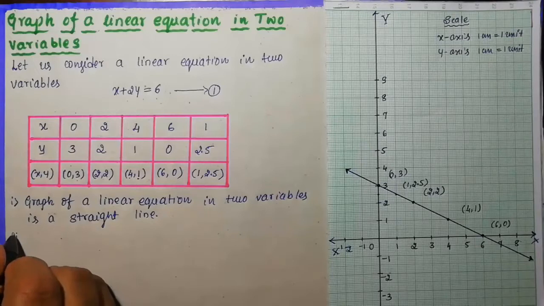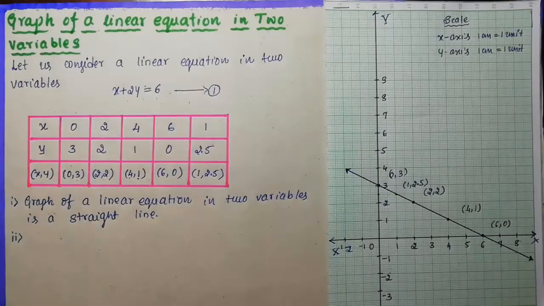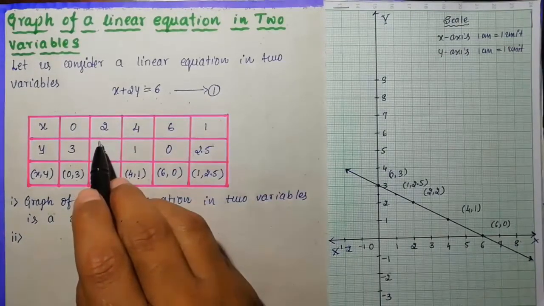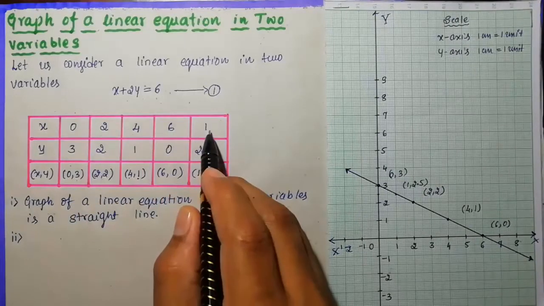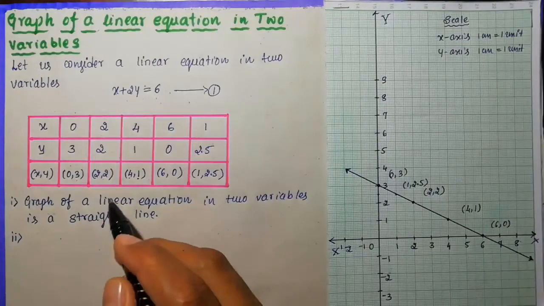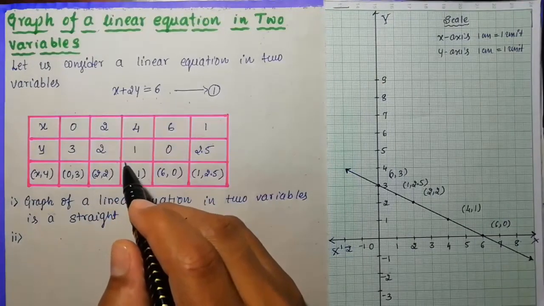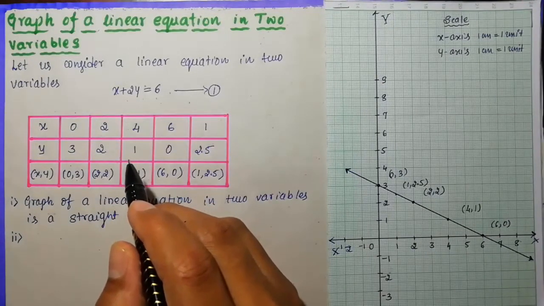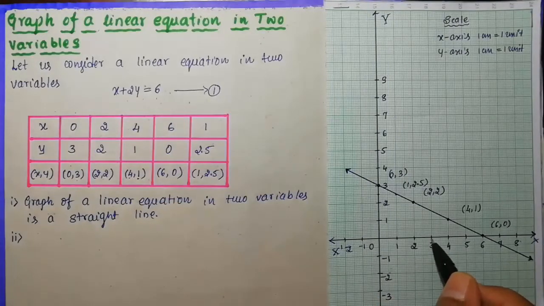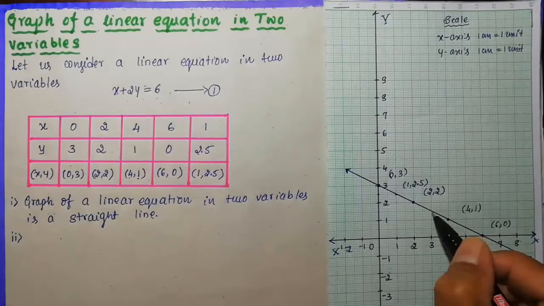And the second important point is, before going to that, let us look here. Actually I have placed 1 here and 2 is already placed. Let us suppose I place x is equal to 3, what will be the value of y? I'm not going to calculate theoretically, I'm going to give this just by looking at the graph. Look here, when you put x is equal to 3, go in this direction, you will get